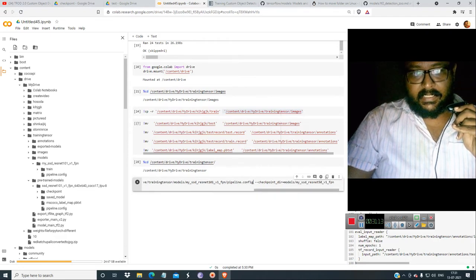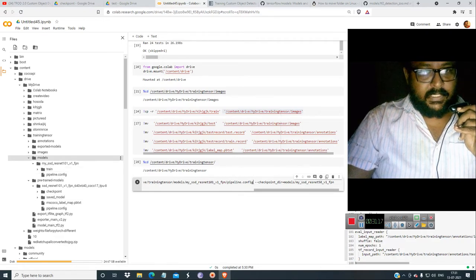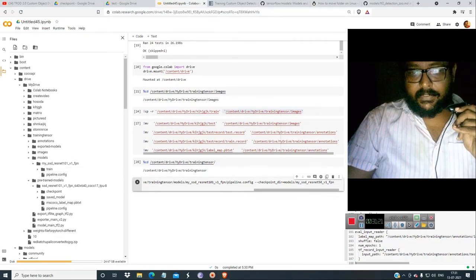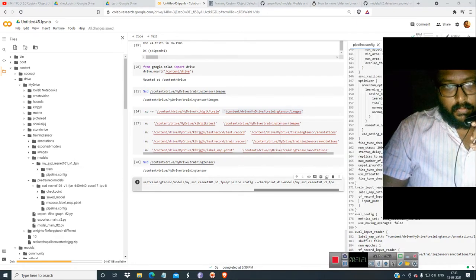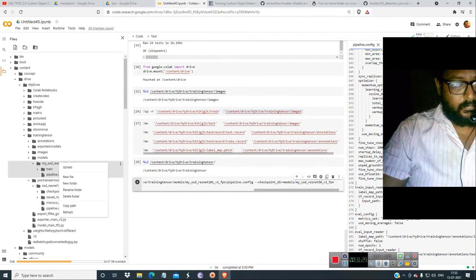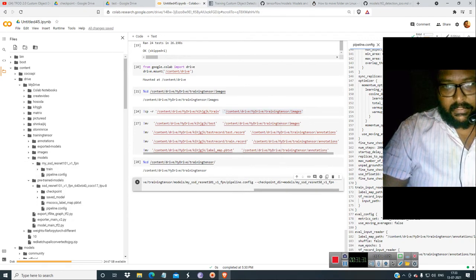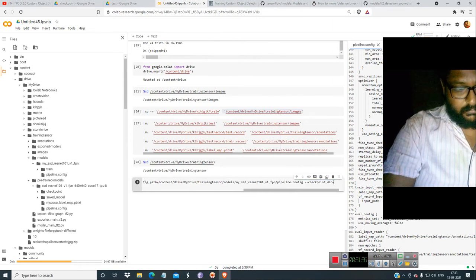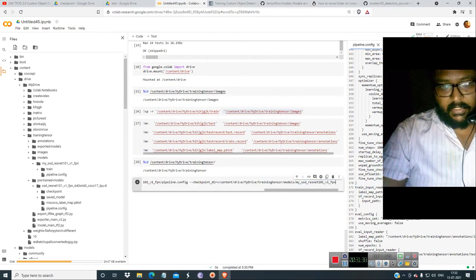The next thing would be the checkpoint directory. We have given the pipeline config and everything, so now you have to give the checkpoint. Just copy this path and give this checkpoint. I will tell you what I have given again.